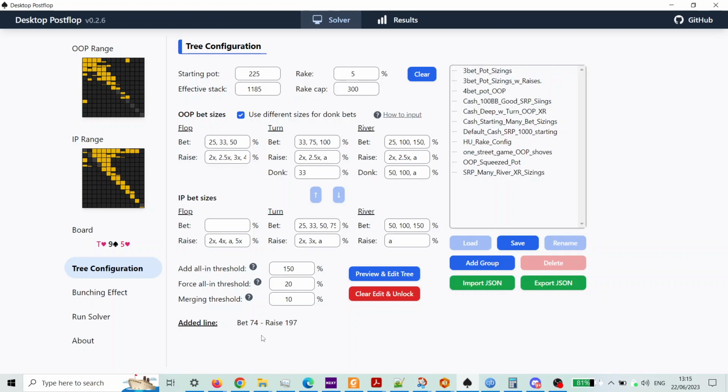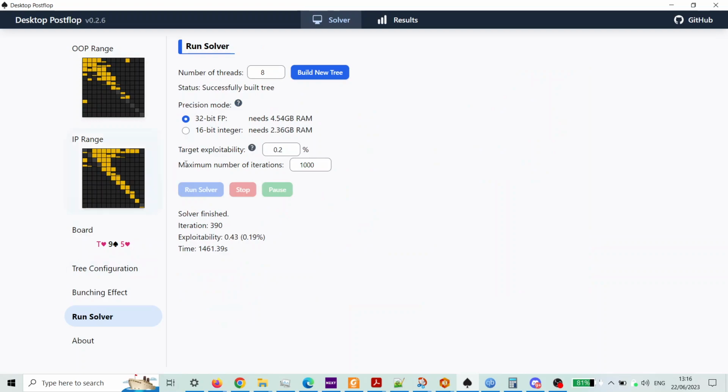So this is just a quick representation of the tree configuration for DeskTop PostFlop. Once we've actually configured our tree and configured our ranges, added a board, we could then go to Run Solver here, and we can hit Build